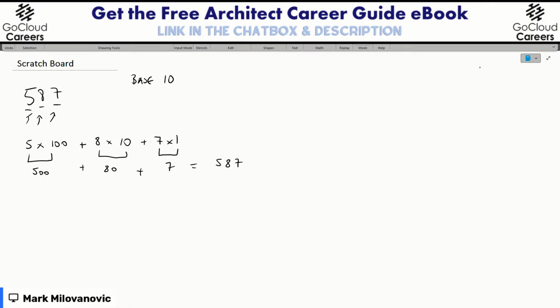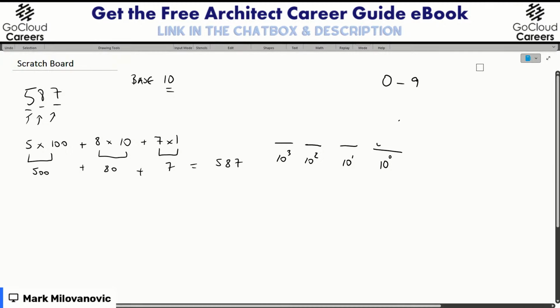So the way these numbers actually came about is, as I mentioned, we had a base 10 system. So what that means is that every column that we have of values is going to be based on 10 values that we can create numbers with. So I'm going to just write these down here, and then we'll go through them. It's going to be 10 to a power of itself. But the way you would look for it, if we have base 10, we would have values 0 through 9. So within this particular spot, I can have 0 through 9. Those are my values that I can work with.